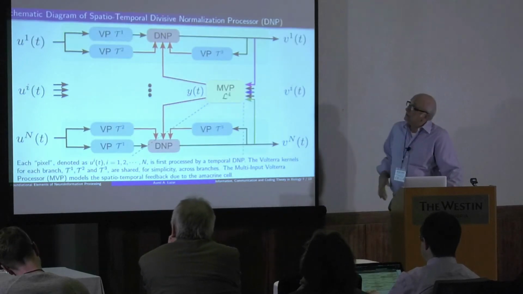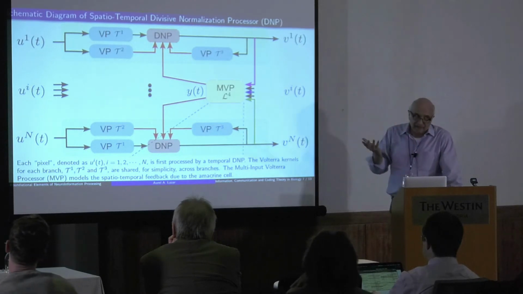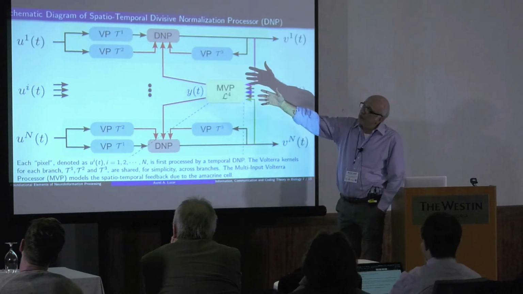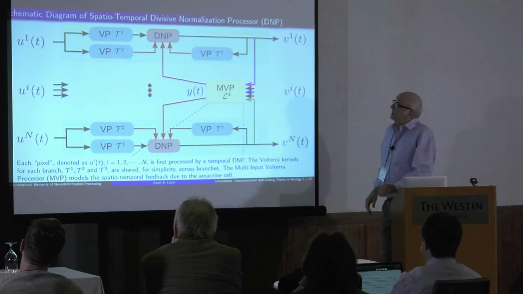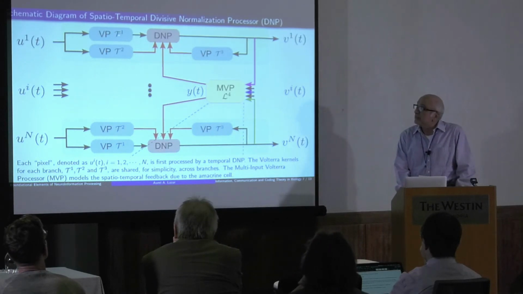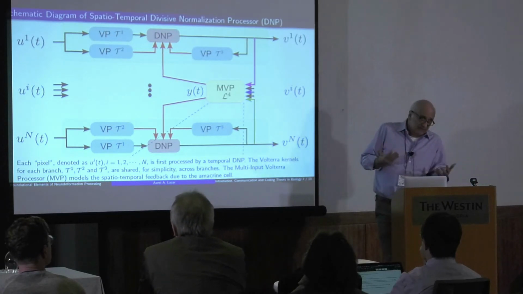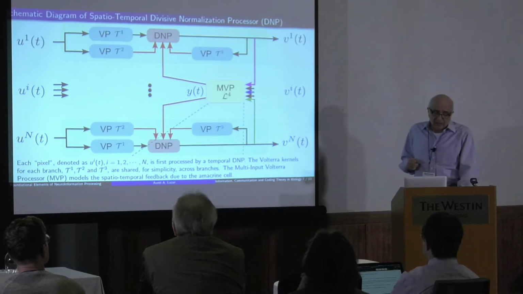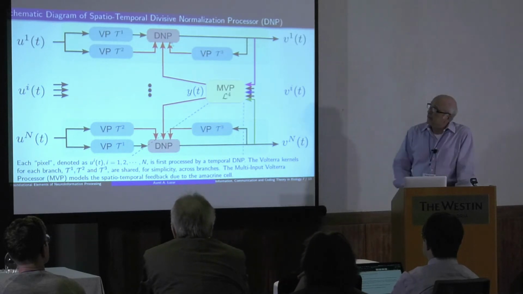So what we did is we modeled this. I'm not going to go into the details, but if you are interested or have a background in this, at the input we have U1 to UN. These are pixels essentially, or discrete elements in space. The system processes these pixels through Volterra processors, which can be interpreted as first and second order filters. As soon as you bring in second order filters, that means a quadratic nonlinearity, so the problem becomes highly nonlinear. But what is more interesting here is that we have a divisive normalization processor.